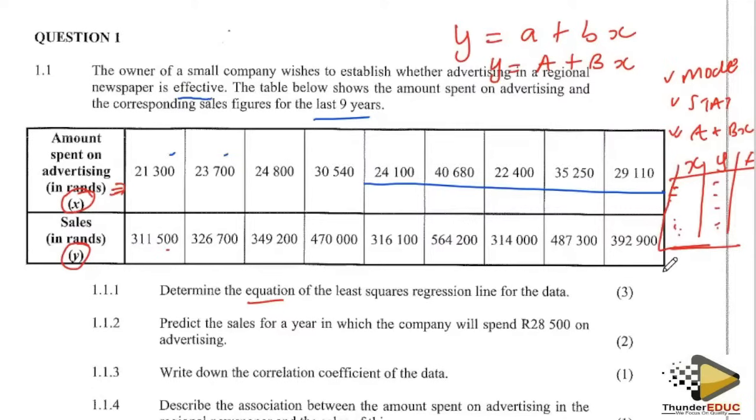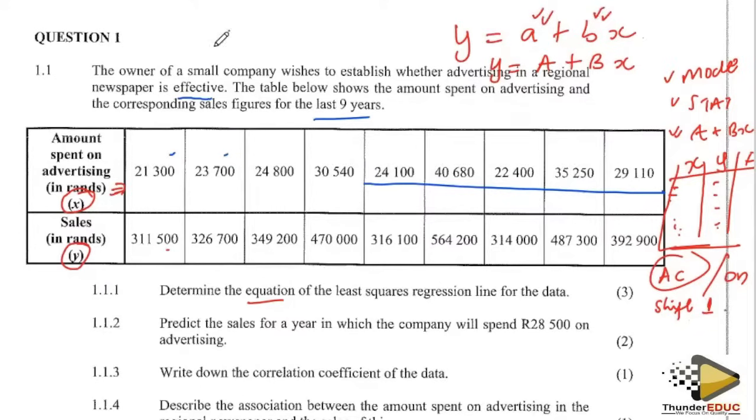Once that is done, we must press the AC button, or sometimes called clear all. If not, you must use the on button to clear whatever is on the calculator. Then from that, we're gonna press Shift and 1. And then we choose the relevant item we're looking for. So in that case, we're gonna start by looking for the value of A and then the value of B